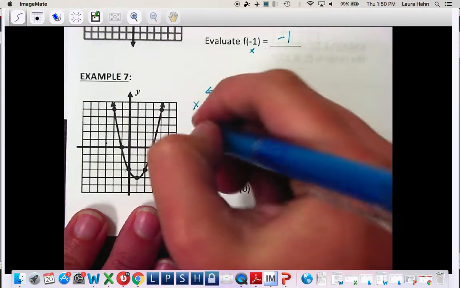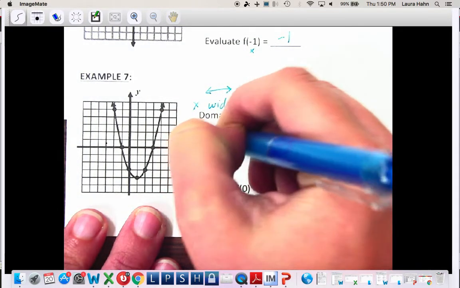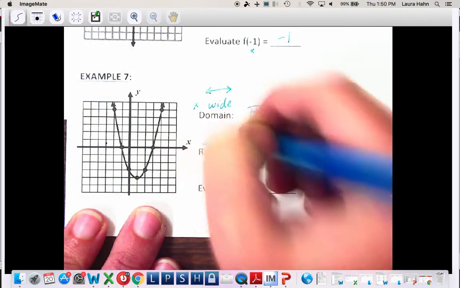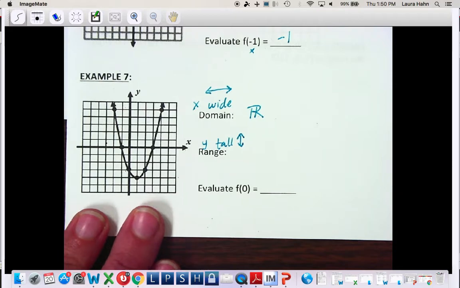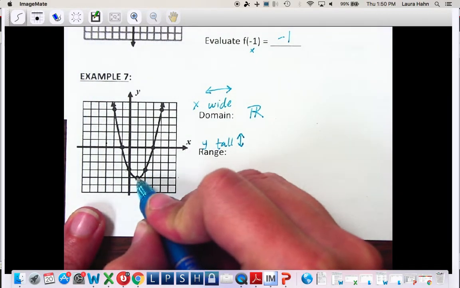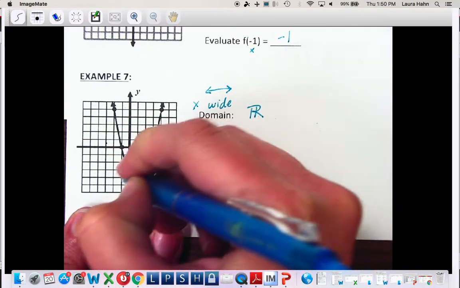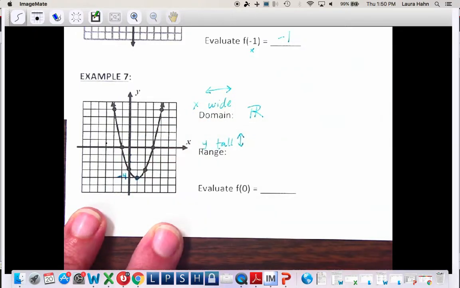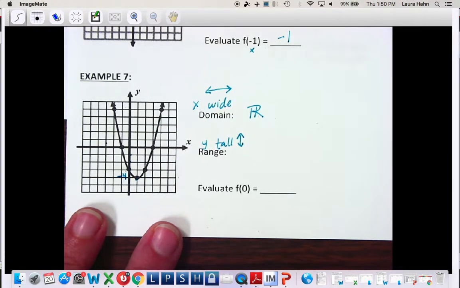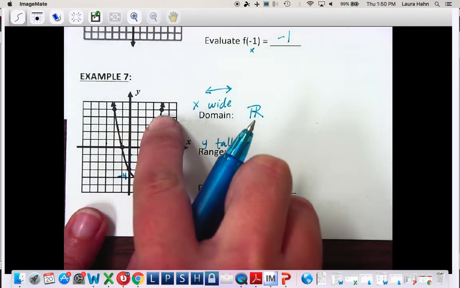On range, range is y, which is how tall is it? Up and down, because the y-axis is up and down. Bottom to top, so start at the bottom. The lowest it goes is down here, which is at 1, 2, 3, 4, -4. So that's my bottom. It starts at -4 and it's going to go up, and there's arrows, which means it